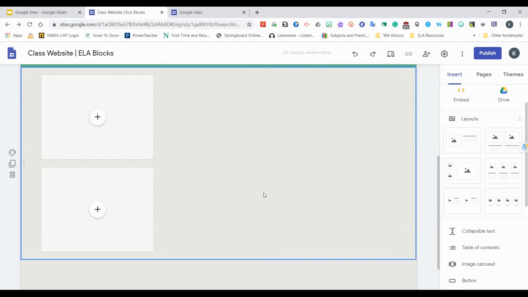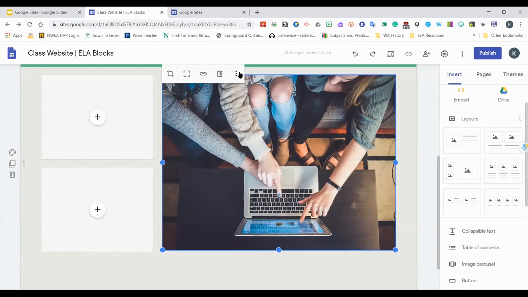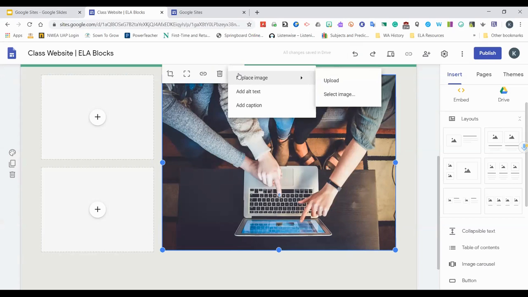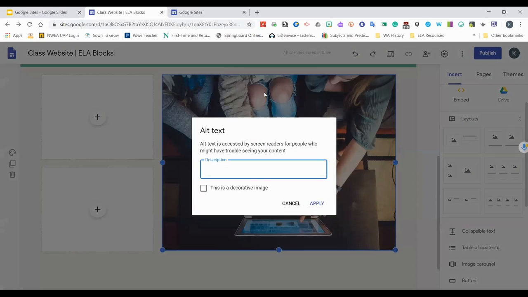And then there's the 3 snowman dots. She can click on the 3 snowman dots, and here she has options to replace that image. She can add alternate text. What that does is if you have a visually impaired student, you can add text to the image to describe it for them. Or she can